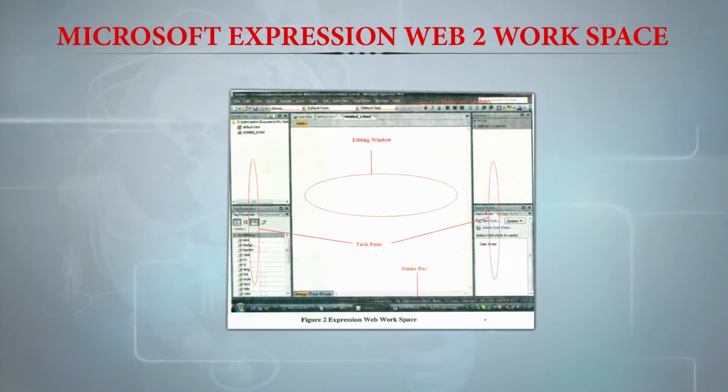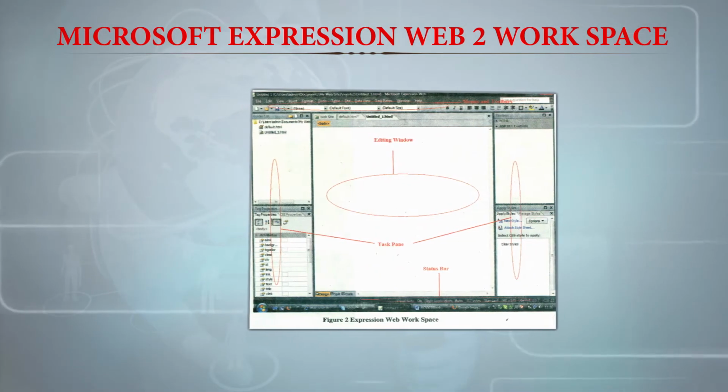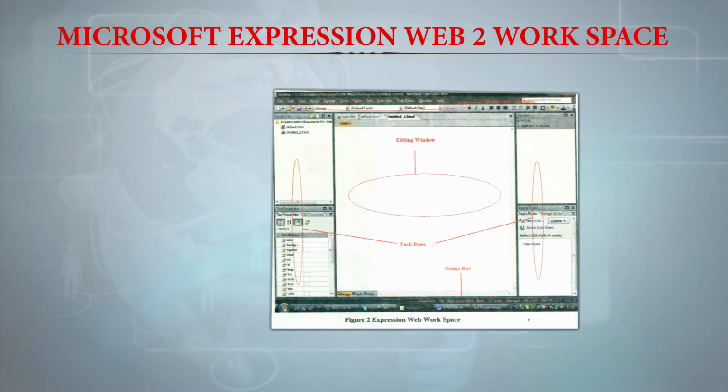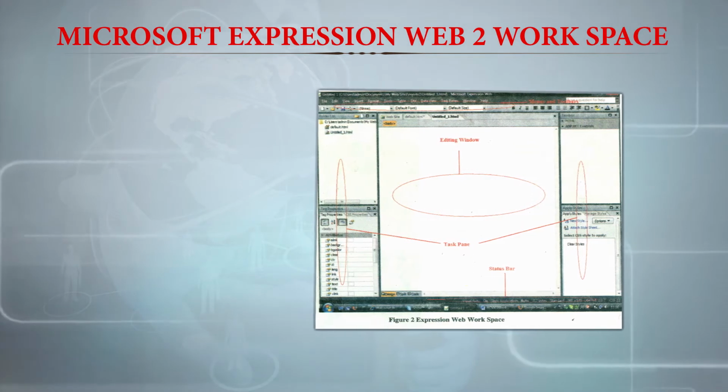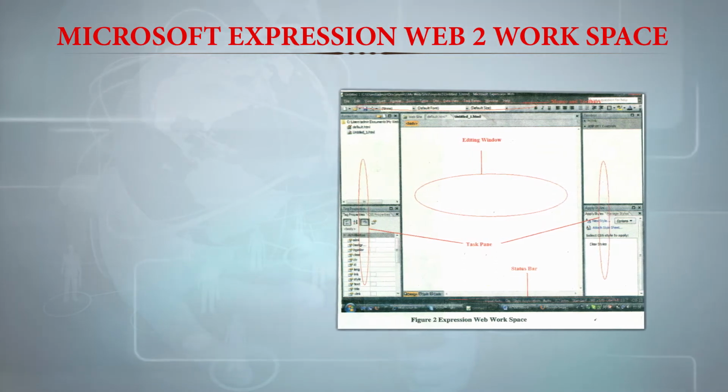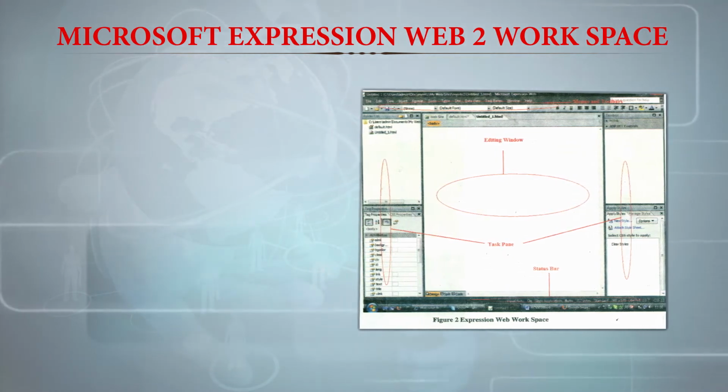There is something called the Microsoft Expression Web Workspace. Once we start Expression Web, the Expression Web Workspace opens. If you focus on the figure, you will be able to see all these things. This workspace has several components, and all those components are explained in the figure.